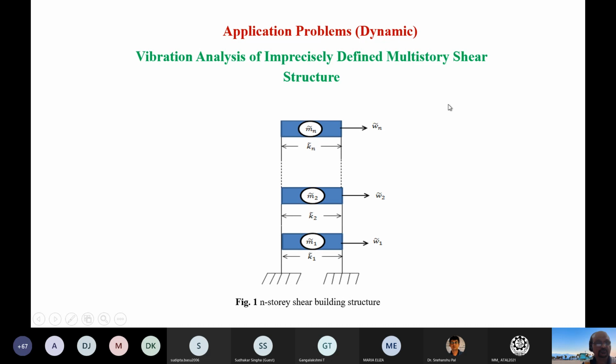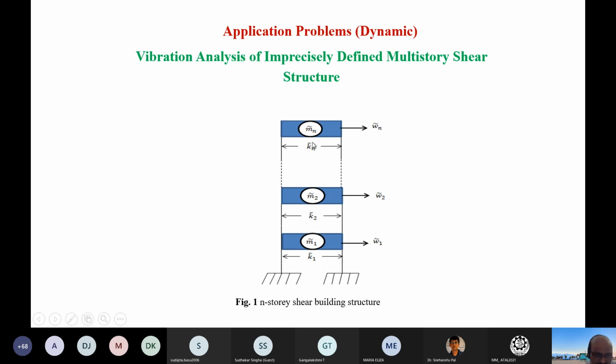Now, coming to another application problem with respect to a multi-story shear structure. Actually it is a very generalized form of a shear structure. A building structure is actually a 3-dimensional problem. I am showing it like this, but in general we take it as a spring-mass system, where the columns are springs and these masses m1, m2, mn are the masses. The springs have stiffnesses k1, k2, kn, and see the tildes are there.